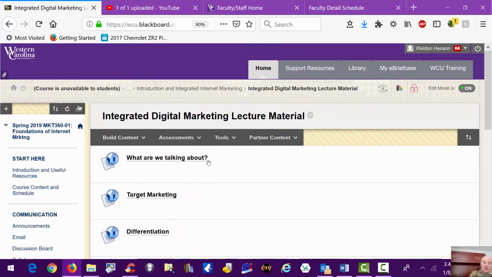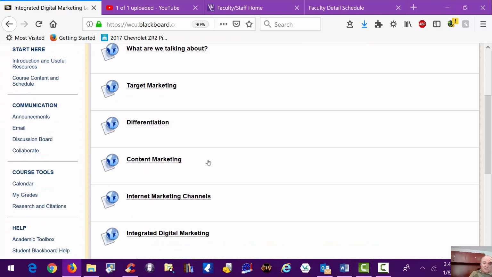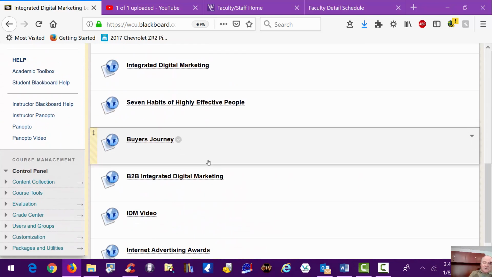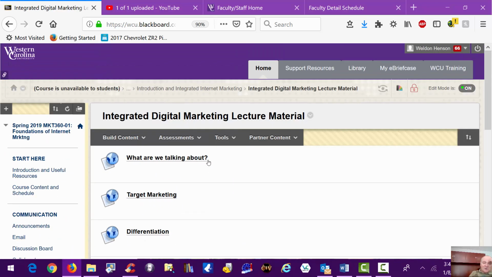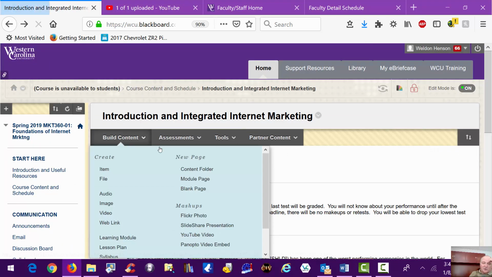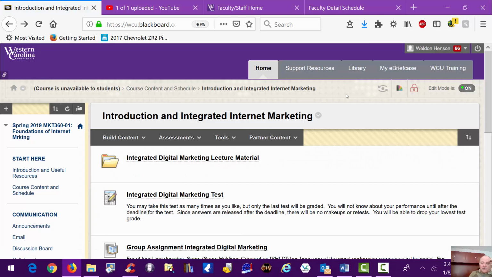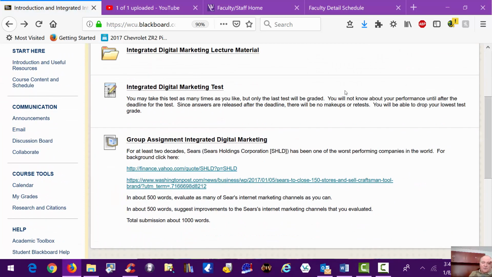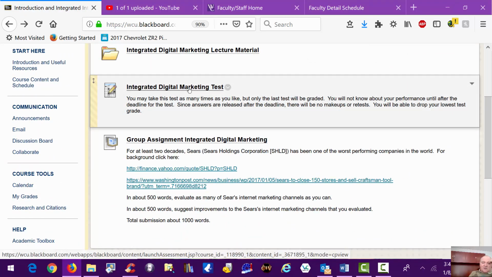Be aware that I always check these, by the way, and I check them well ahead of class time, but you never know when a website's going to go down, so there's plenty of redundancy. Don't worry about it if you click on a website and there's nothing there. And again, you have a little test you can take. You click on the test when you're ready to take it.